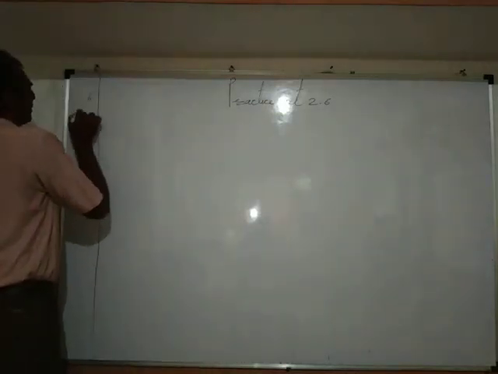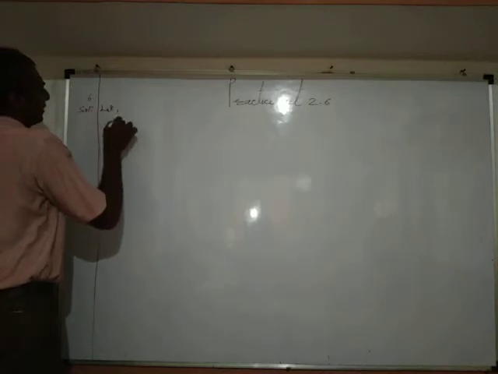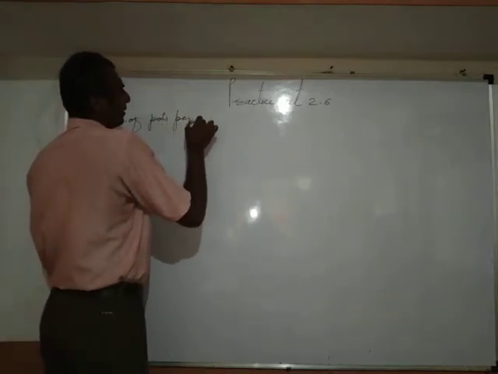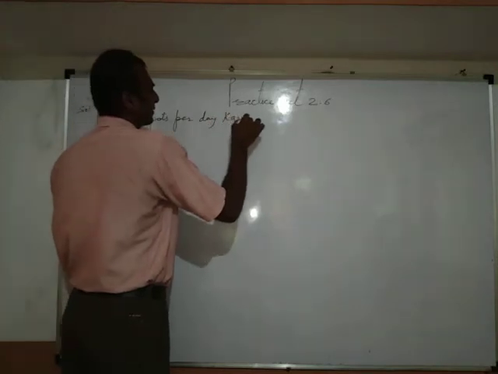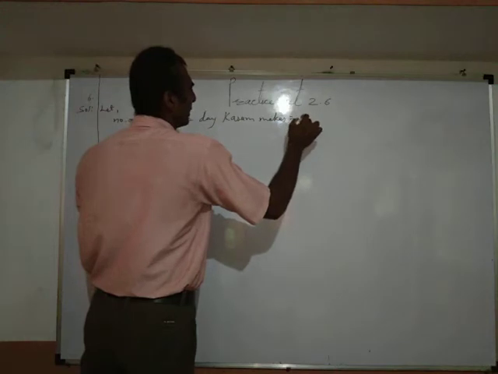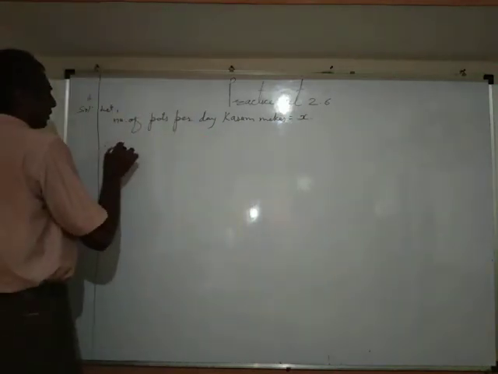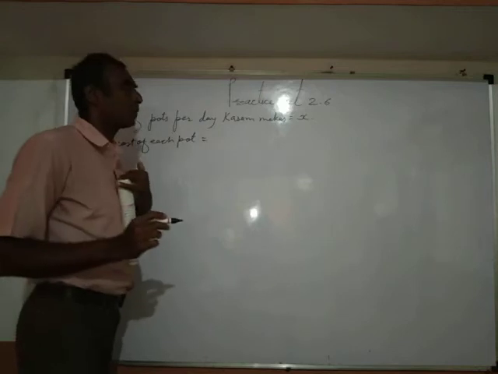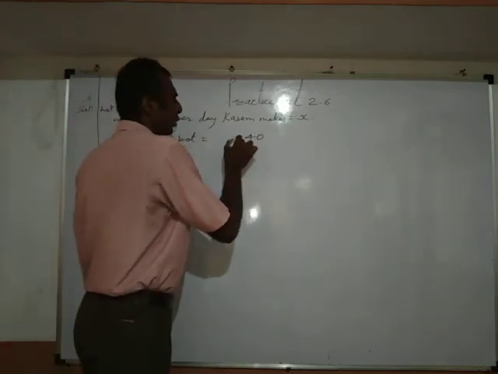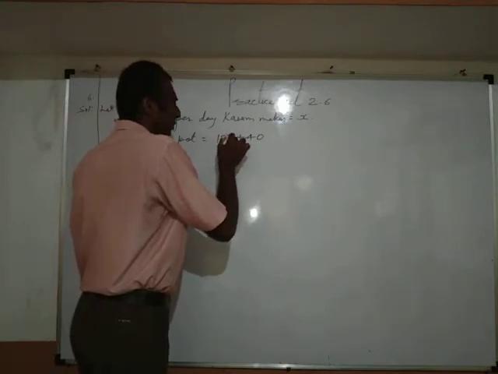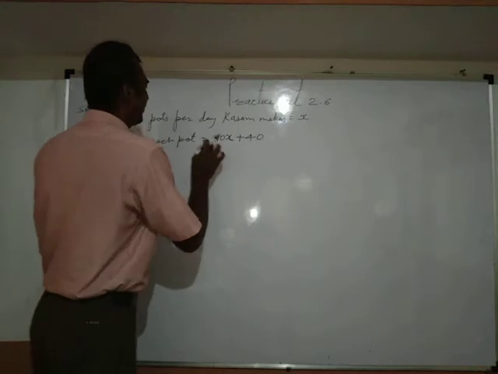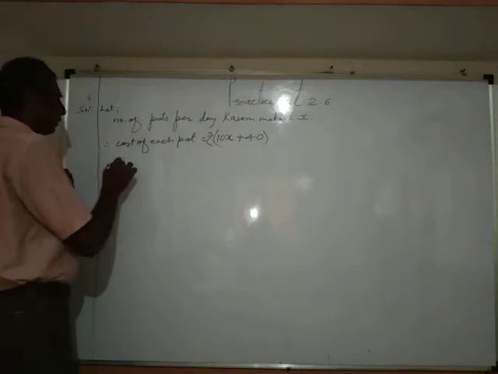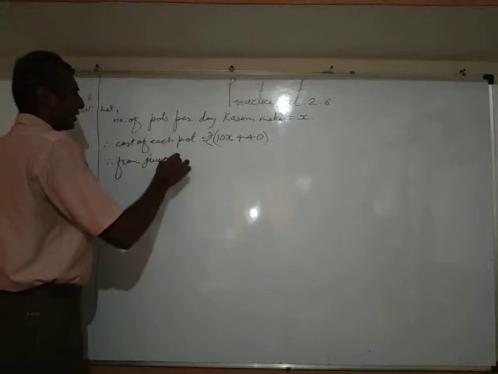Question 6. Solution. Let the number of pots per day Kasam makes equal x, and therefore the cost of each pot: the cost of each pot is rupees 40 more than 10 times the number of pots per day he makes, means it will be rupees 10x plus 40, and therefore from given information